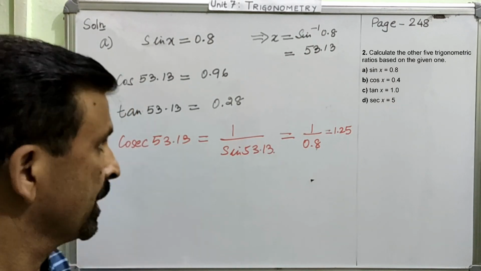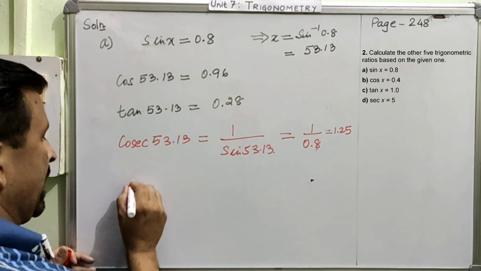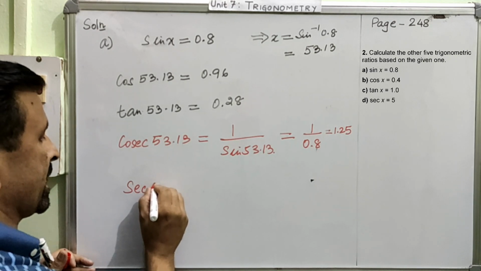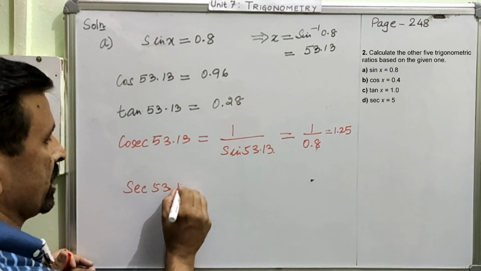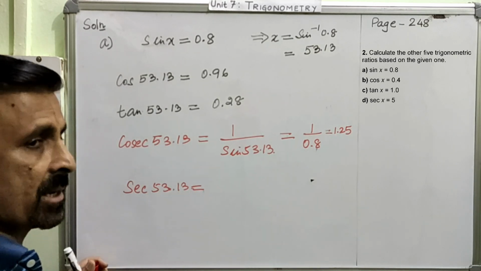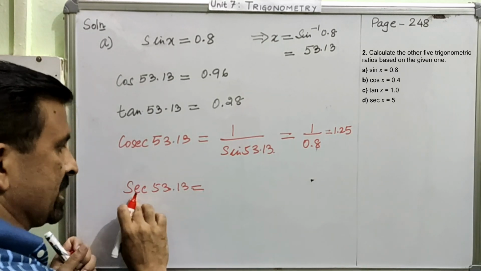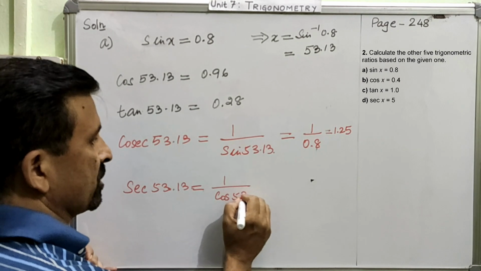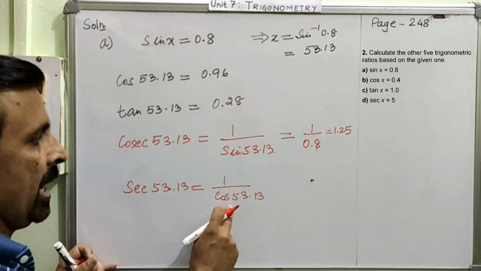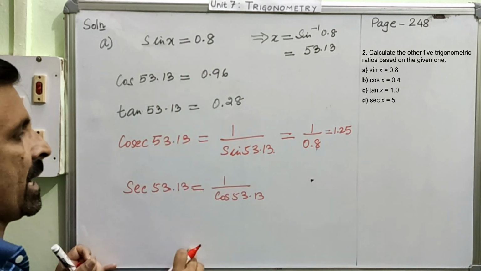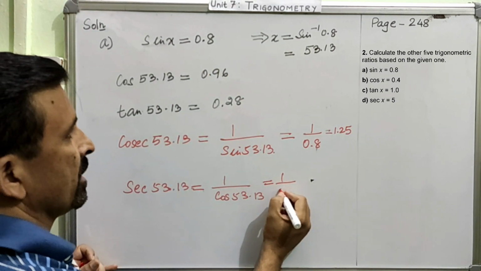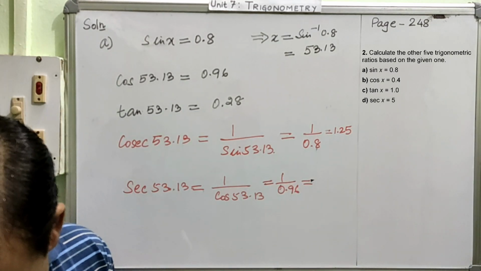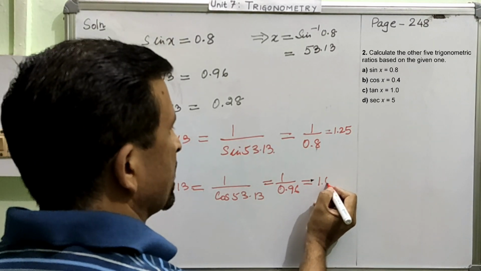Am I able to make you clear? Let us see for the other reciprocal. I am now going to calculate the value of the reciprocal of this trigonometrical ratio, sec 53.13. Now to find the value of this trigonometrical ratio, I will write the reciprocal of this one, and this is the reciprocal of cos. So I can write this as 1 over cos of 53.13. Clear? And now the value of cos 53.13 is already calculated. So just punch the value 1 over 0.96 and then use the calculator. You will get this value as equal to 1.04.